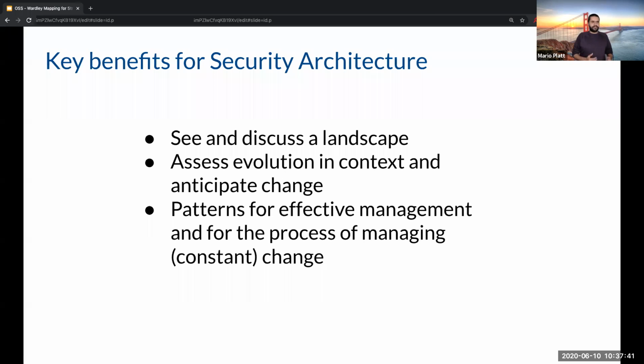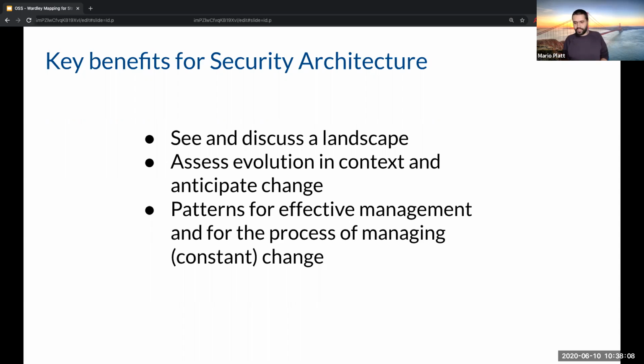So the key benefits for security architecture are to see and discuss a landscape, to assess evolution in context and anticipate change. The more we can foresee the future, the easier it will be to prepare for it. And also because of doctrine, right? So that we can learn about patterns for effective management. As many of us will probably know,